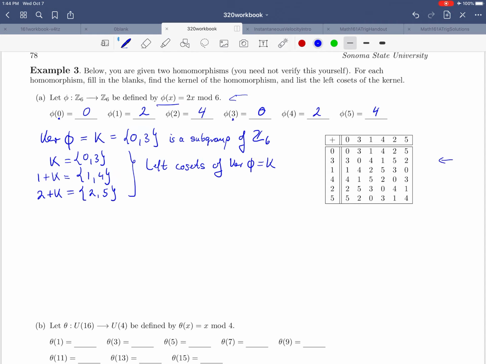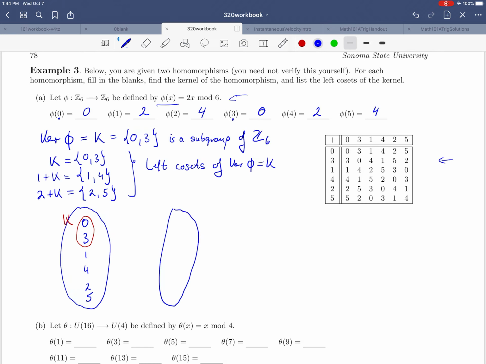Now, what do you notice right here? Let's draw a little diagram to visualize what's going on here. So we started out with these 6, and we have 0, 3, 1 and 4, and 2 and 5 mapping to the same thing. So that's why I wrote them in this order. So 0 and 3, that's our kernel. Those map to the element 0. So the whole thing, phi was described as just, well, let me